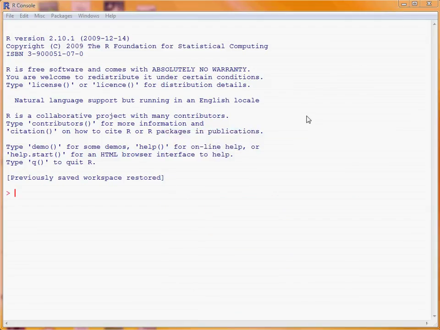Linear regression is a very useful technique within statistics that allows us to investigate relationships between various measurements that have been taken during an experiment or during an observational study or any other similar investigation. So what we're looking to do with linear regression is to look at a system and to take a measurement which will be described either as a response variable or the dependent variable or some other name,